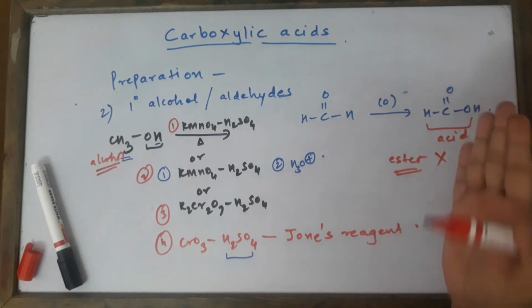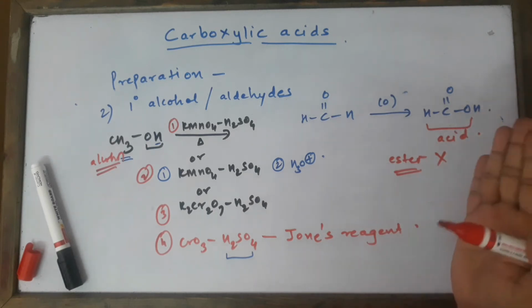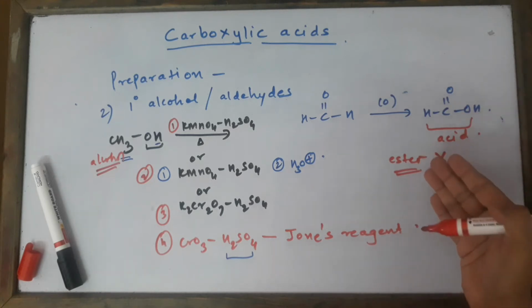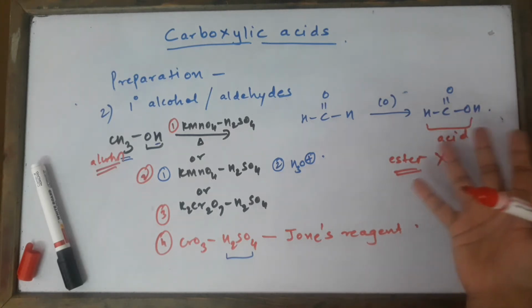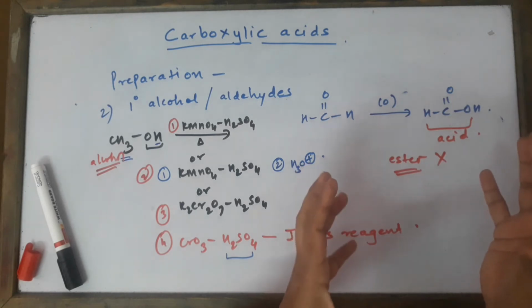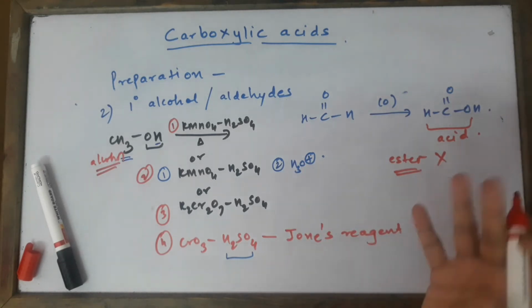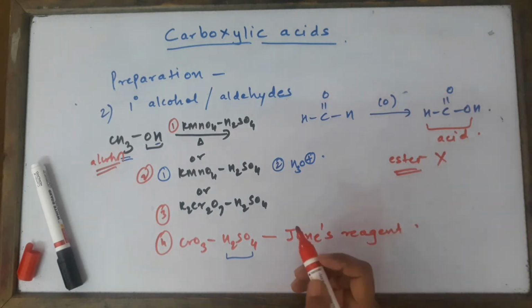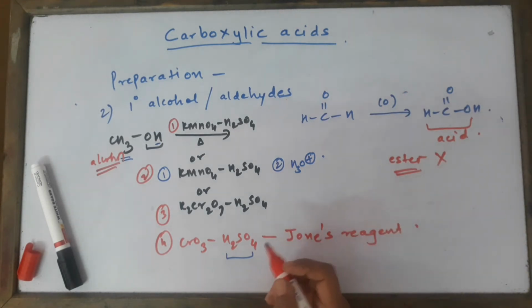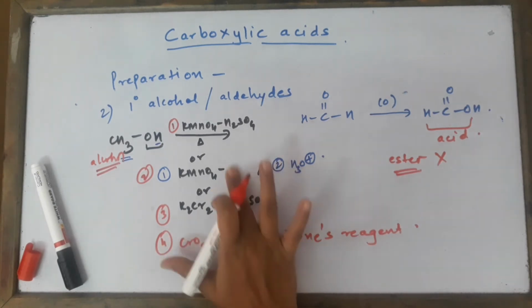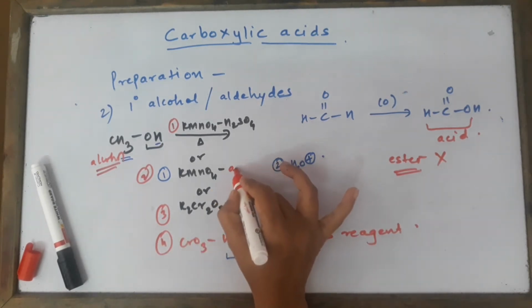Acidified oxidation is not a preferred method for the preparation of carboxylic acids, because we get some amount of ester also, and therefore the yield of the carboxylic acid is not going to be very high. It is going to be very less. So which method am I going to use now in this case? I'm going to use the alkaline KMnO4 method. Over here I think I've written by mistake, so I must write alkaline KMnO4.